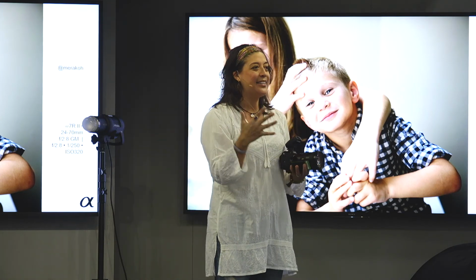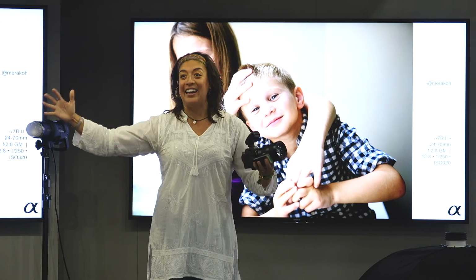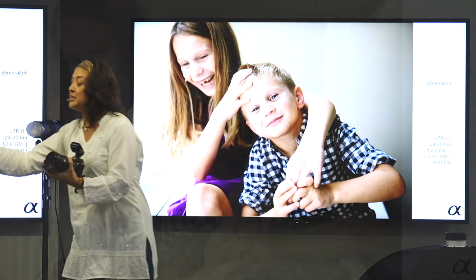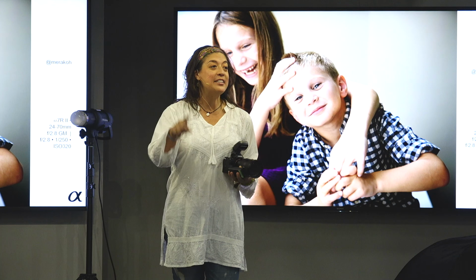So one of my tricks to get them to bring it down without trying to control them, because if I try to control kids, then they'll fight against me, right? So one of my tricks is to have them sit on a narrow space. It could be like a piano bench, like this right here. This is a windowsill. You can kind of see right here. See the edge of the windowsill? So there's this nervous energy because I'm going to give them an assignment. The assignment is that they have to put their arms around each other. And when I say go, they have to tickle each other, but they cannot fall off the windowsill, right? So dad, in reality, is like,